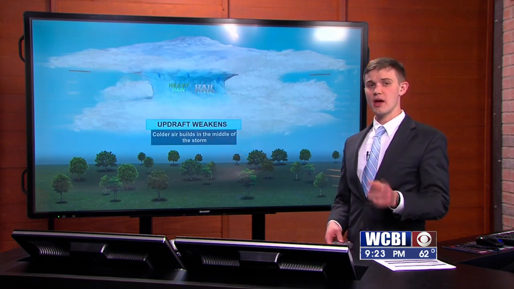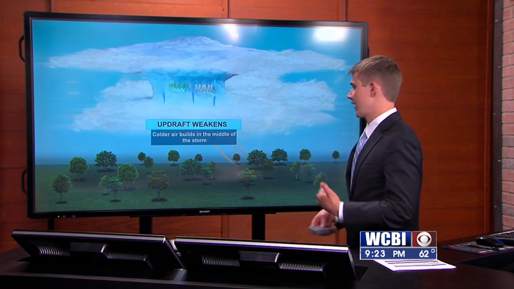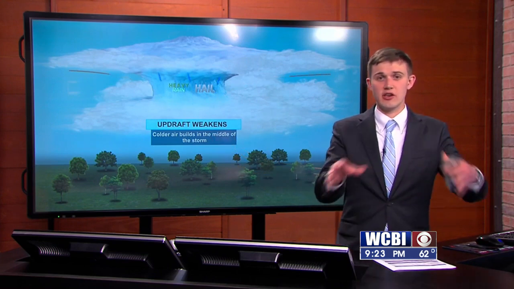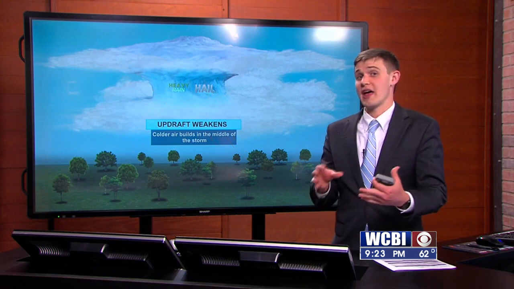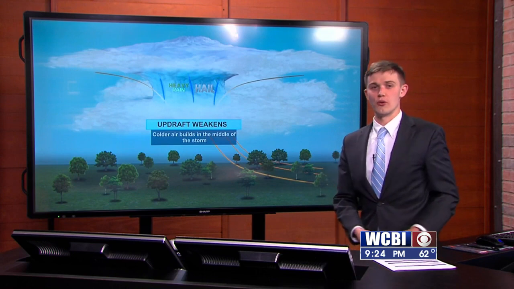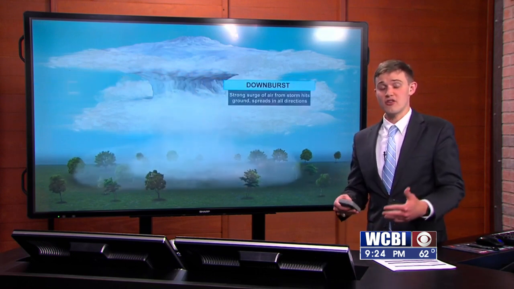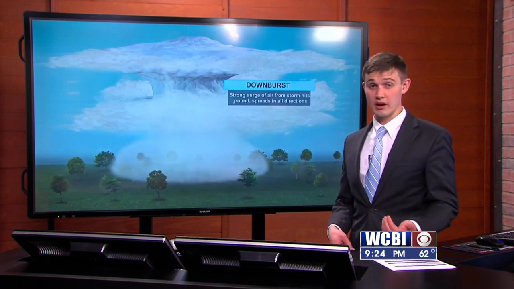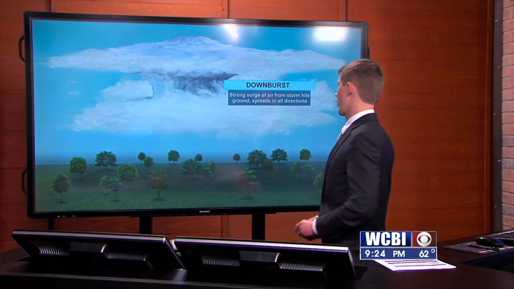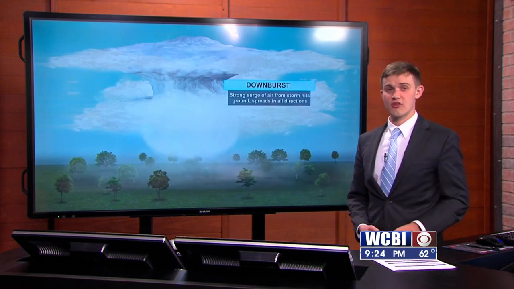But as you get a stronger cold pool, as you get a weaker updraft, you get that cold air buildup in the middle of the storm. All this hail and rain that's accumulating is still being held up, but as that updraft gets weaker and weaker, it's becoming less and less able to support all this rain and all this hail, and eventually that updraft is going to weaken enough that it just all falls out onto the ground, and you get something called a downburst, where you get all this air that surges downward and spreads out when it hits the ground.